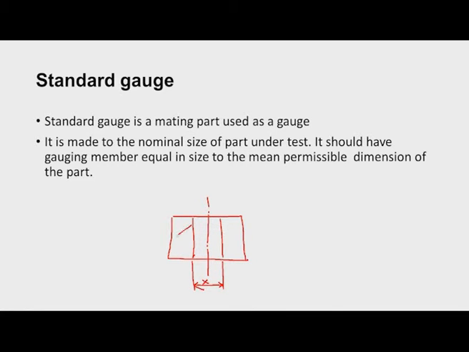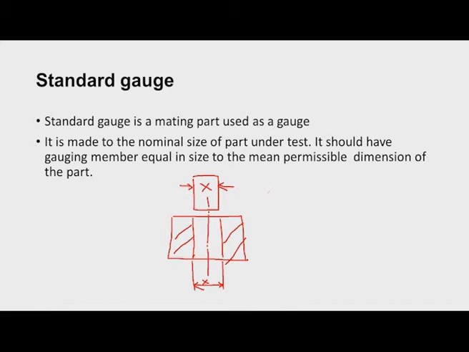Now there will be a mating part for this particular hole, a shaft, again with the same mean size. So the mating part itself is used as a gauge to check whether the hole is proper or not, but